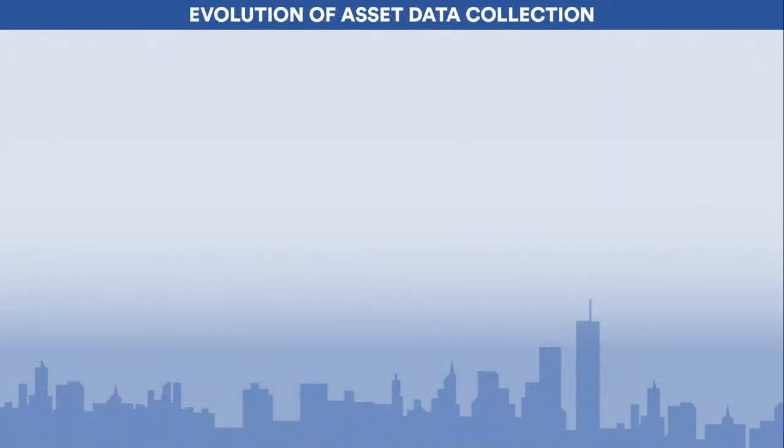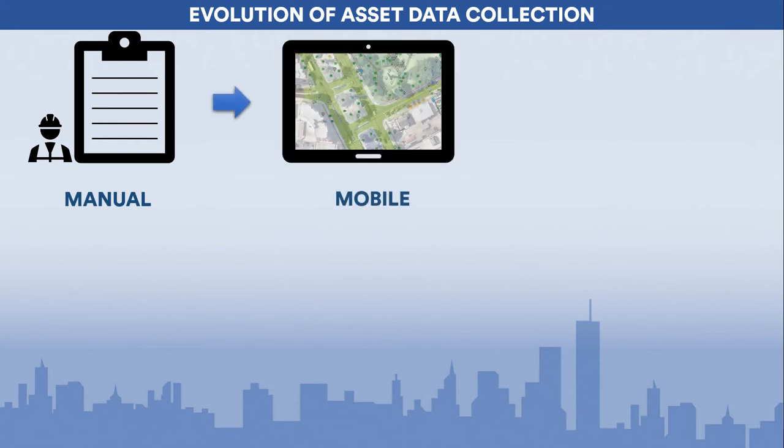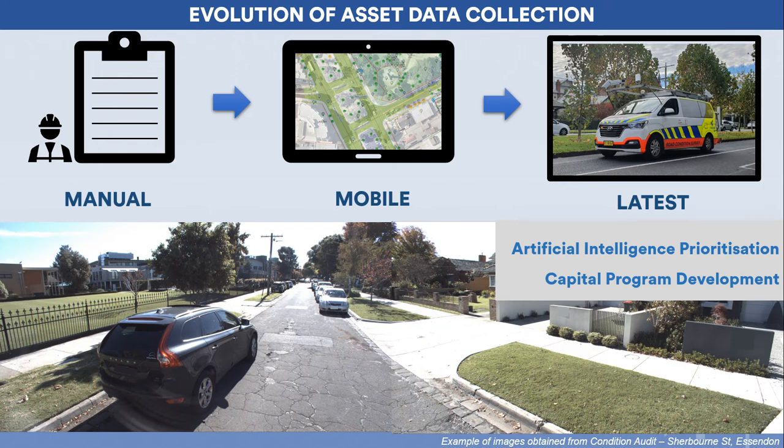The way we do our works has also evolved over the years. For instance, the way we inspect and record our road conditions has transformed from manual on-site examinations to mobile tablet-based recordings, and now to the leading practice of using automated laser and inspection cameras to assess the quality of our roads, kerb and channel, and footpath network. Here's an example of an image from our most recent road conditions audit, which has been processed through an AI prioritization matrix to assess for treatment within the annual capital works program.